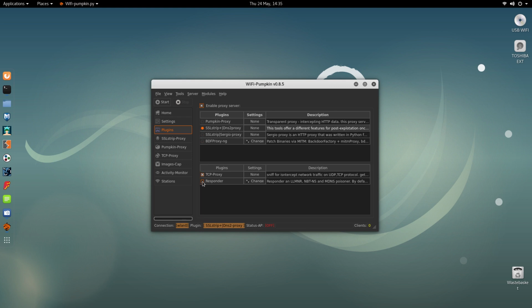you could turn that on and that on, etc, and then go to the backdoor proxy, trying to get a backdoor factory Trojan which you've made on their machine, and you could also use man-in-the-middle software at the same time. Okay, so basically these 4 proxies are the ways in which you manipulate the person who's connected to your access point,